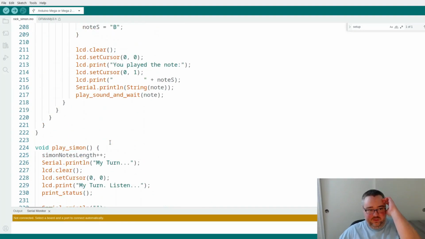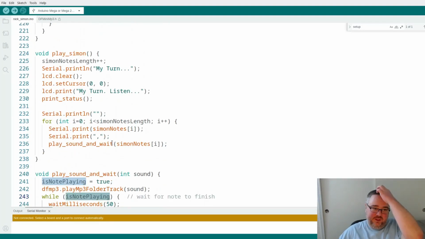Okay, so let's go through play Simon, right? So there's two parts of the actual game. There's play Simon and there's play user. So what does Simon have to do? Play Simon will have to come up with some series of notes to play you, and then you have to play them back, right? But this part is just what notes will it play. So first of all, it increments the note's length. So every time it iterates through, every time you get it right, you have to play more notes the next time around. So it starts at 1, then you have to do 2 notes and 3 notes.